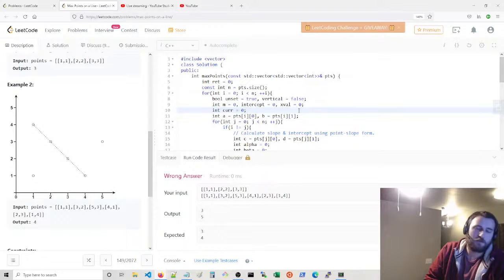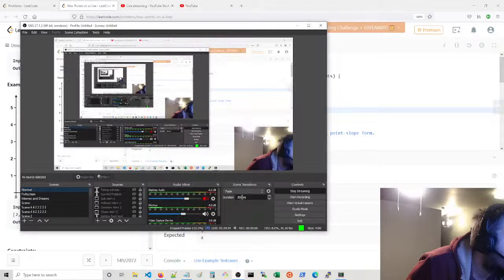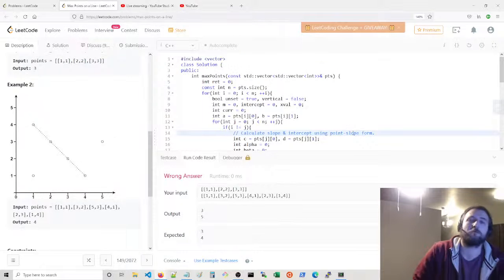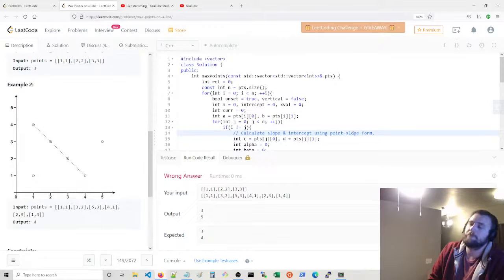If you do that, so how are we doing on time? 35 minutes. All right, we're kind of slow on this one. If you do that, then every 2 points you can match them to that slope, no matter how you look at the points. The problem with this approach is that